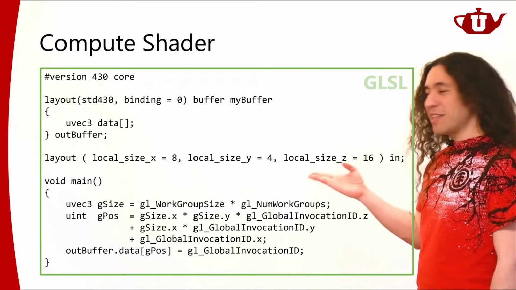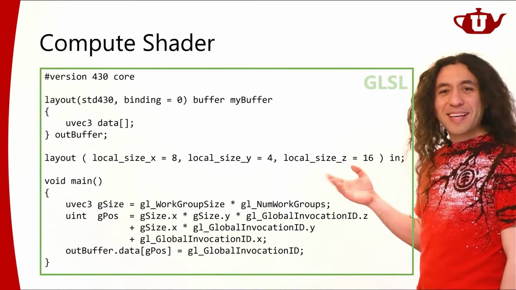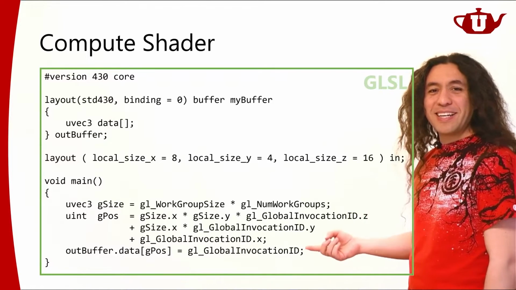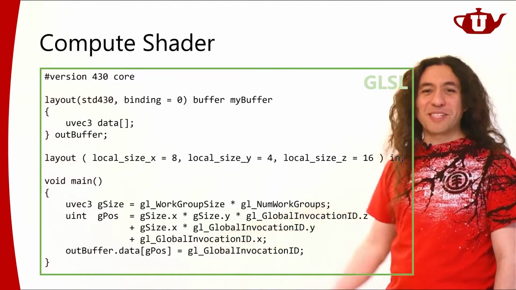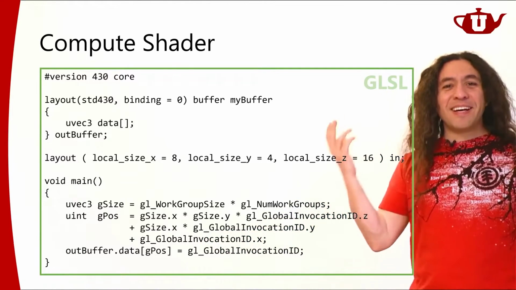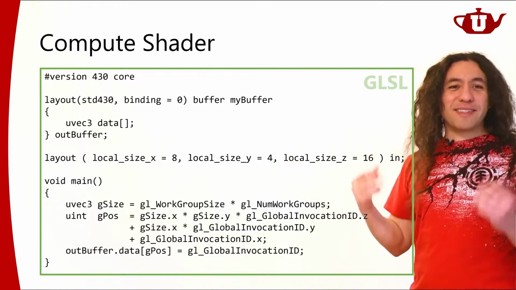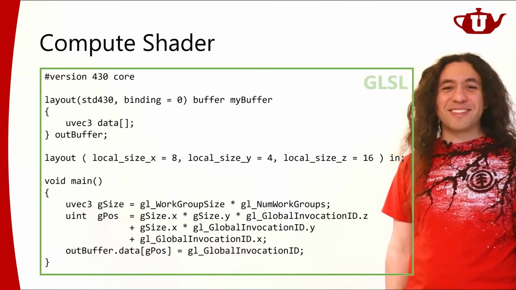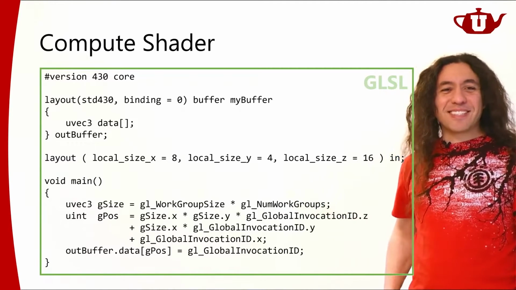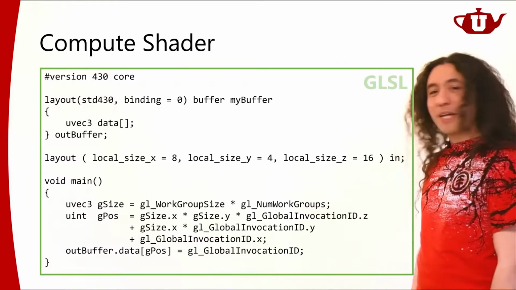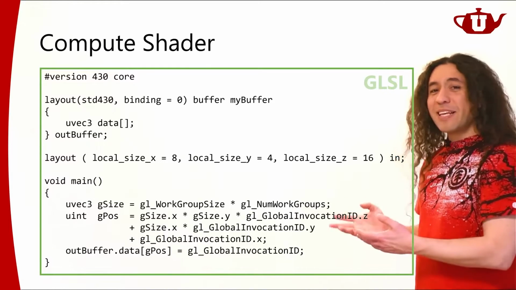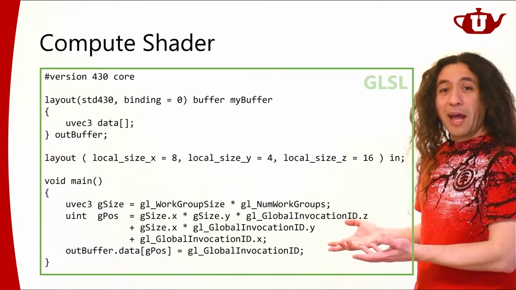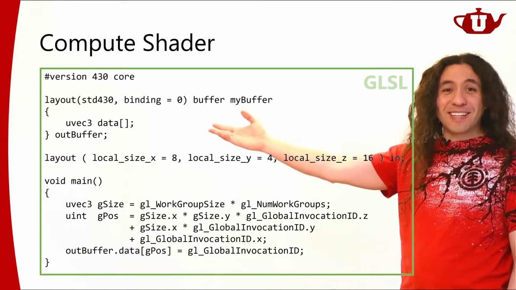But anyhow, what this compute shader is doing is that it's just outputting its global invocation ID to a corresponding position. Just fill an array with some integer numbers. That's what it's doing. Not a great compute shader use case, but it's a very simple example of a compute shader. So as you can see, it's really nothing scary here. It's just another GLSL shader, and you have access to all of your data fairly easily.